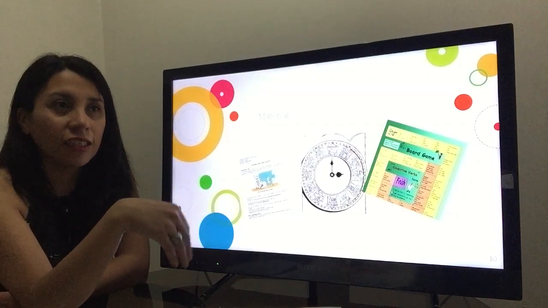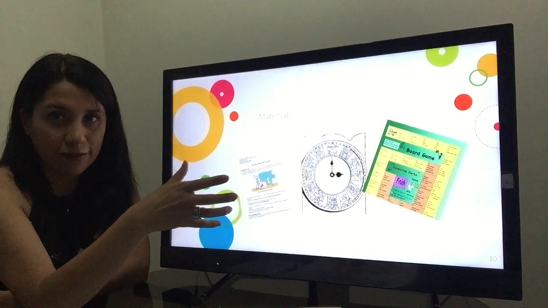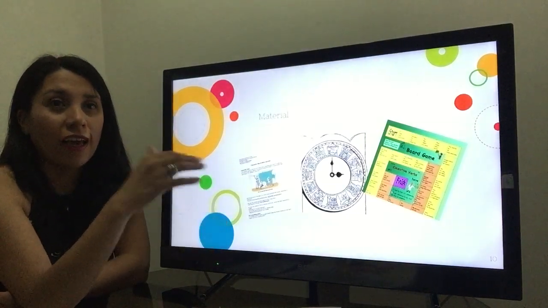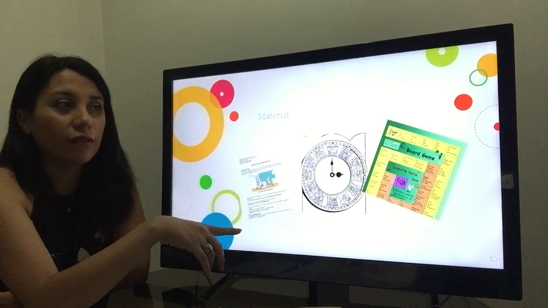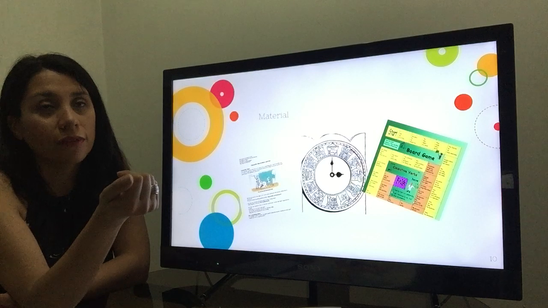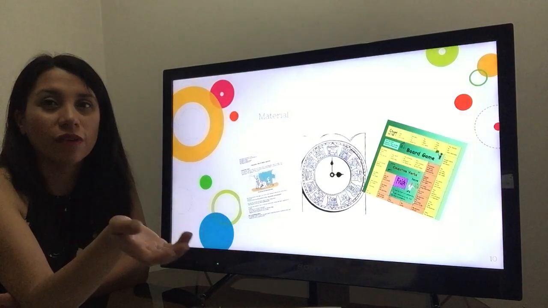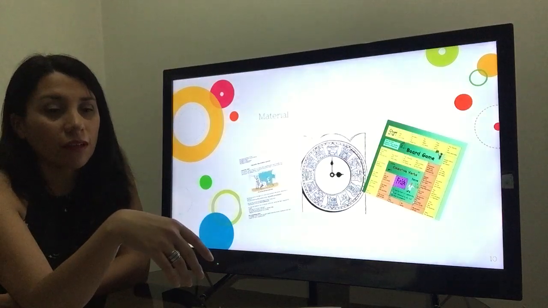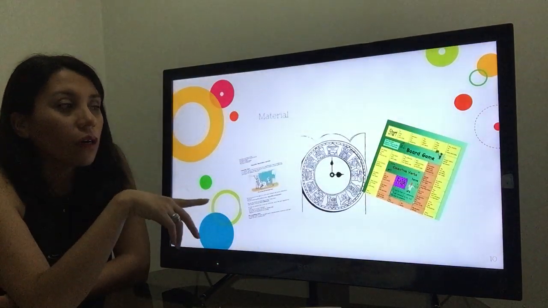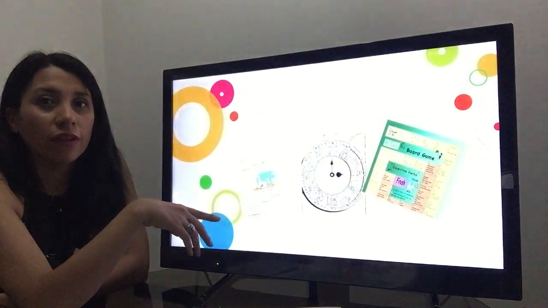I assigned the reading of the handout before the lesson. So let's say I finished with the passive voice today, I gave the handout as homework, and in the next session, one week afterwards, they had to report what they had read. And that's what I did. And so they reported what they had read,